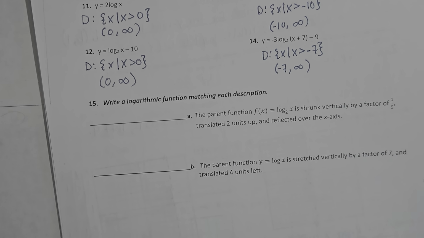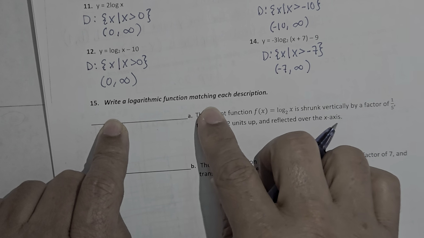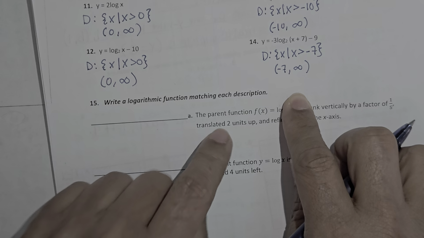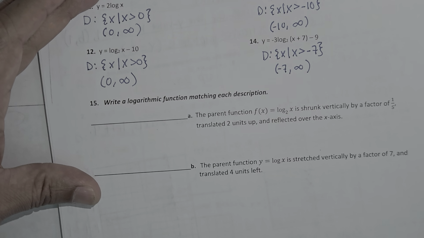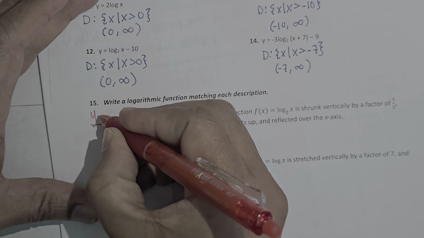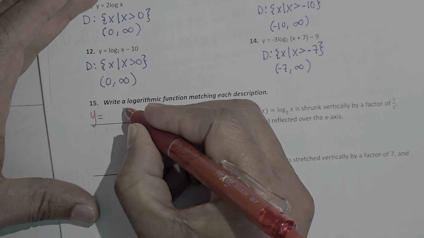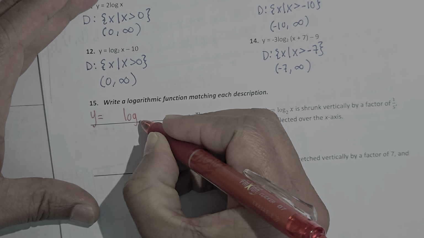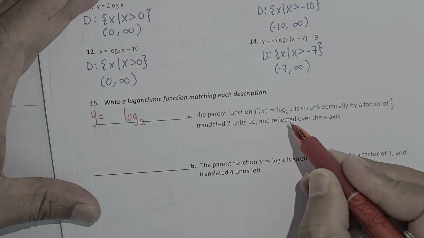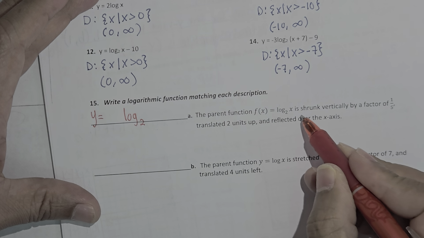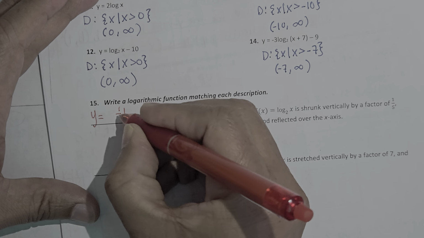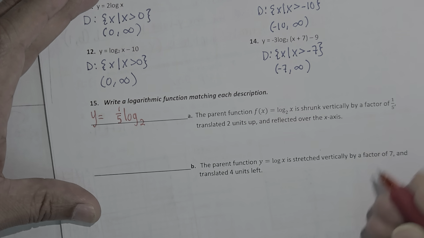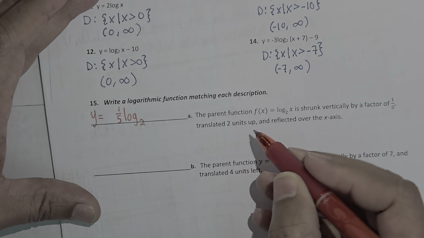So last part of this is asking you to write a logarithmic function matching each description. So the base of this log is 2. So then I'm going to write this as y equals, I'm going to leave some space here, log base 2. Okay, and it says it's shrunk by a factor of 1 over 5. So then that goes here, 1 over 5 in front of the log,